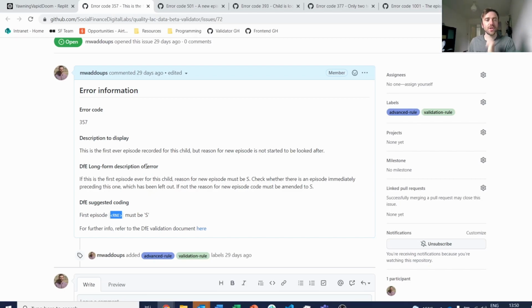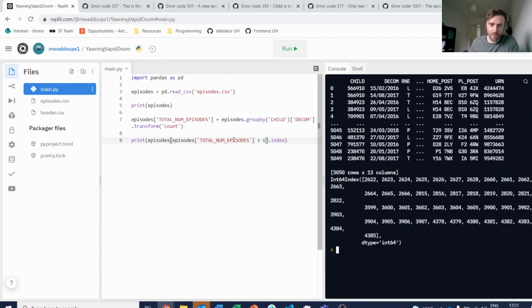The reason that this is actually a grouping question is because you need to be able to group by children to get their list of episodes, which makes sense to be able to actually figure out which episode is their first episode. You can't do that just with the Boolean masks. So the way you'd approach this is to go back to the grouping. Let's say I want to find out when the first episode is. There's actually already a function in Pandas for doing that piece of work. So if I go back to my episodes dot group by child here,